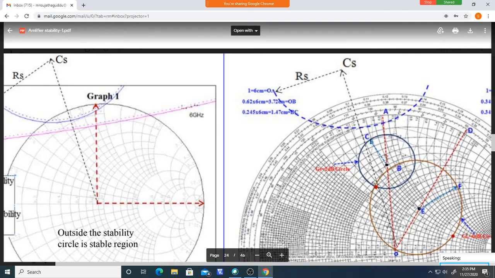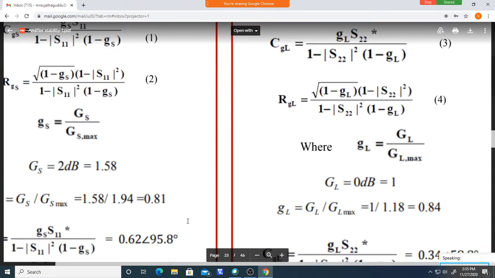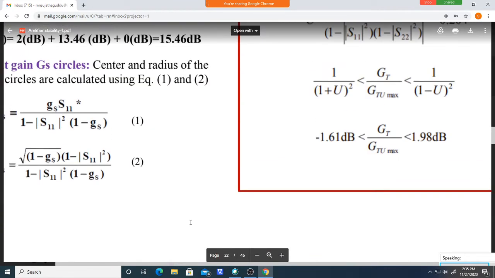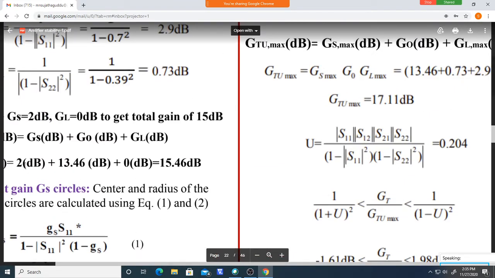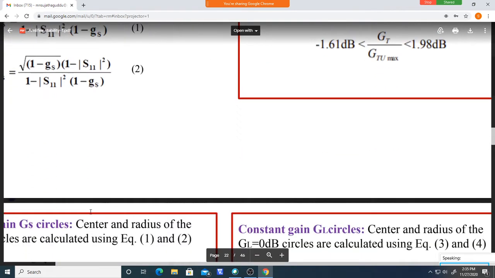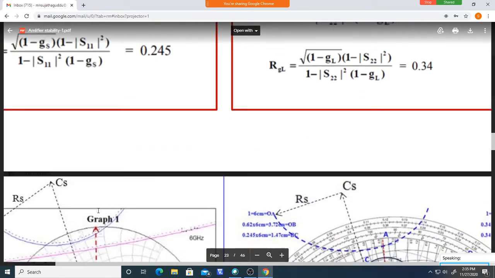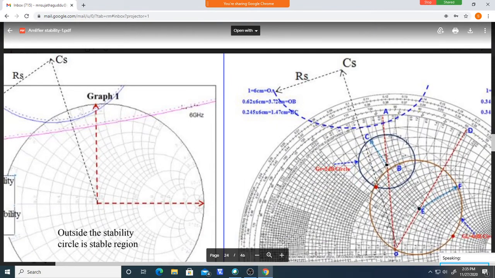Okay. So to get a 2 dB gain, we need a 2 dB gain for the input circuit. As we saw here, 2 dB I needed to get an overall 15 dB. So for that I have drawn the circle. Which value do I have to take? ZS. That is one value over this.